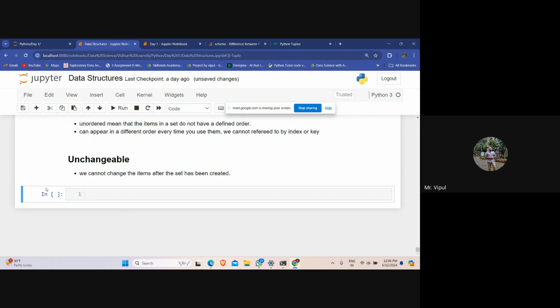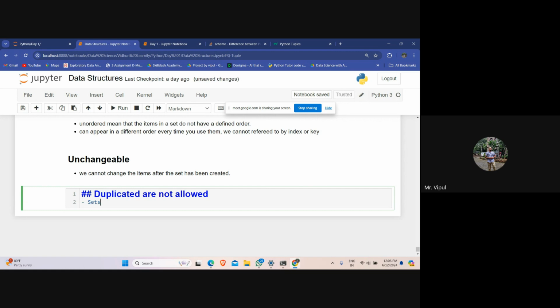And last but not the least, duplicates are not allowed. Sets cannot have two items with the same value.